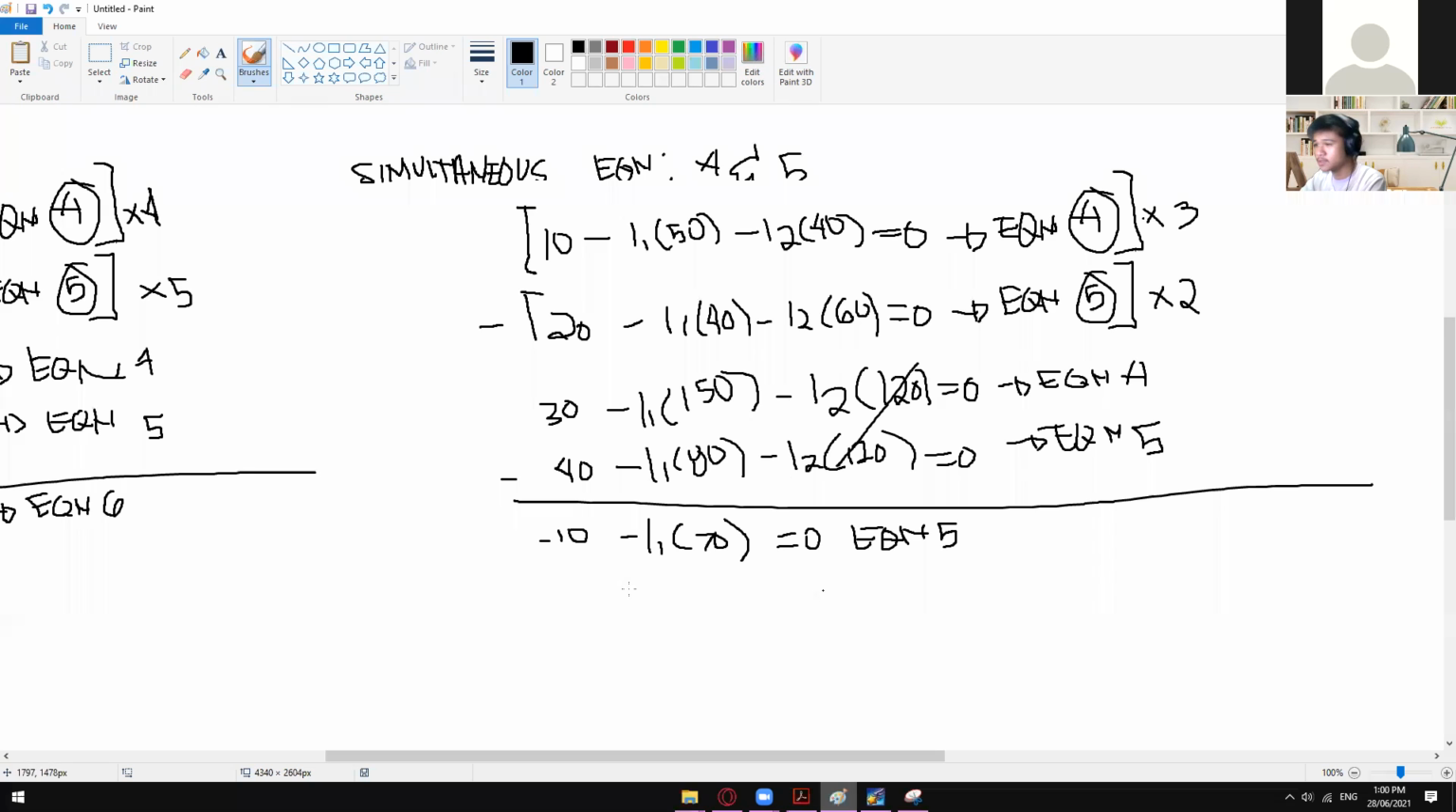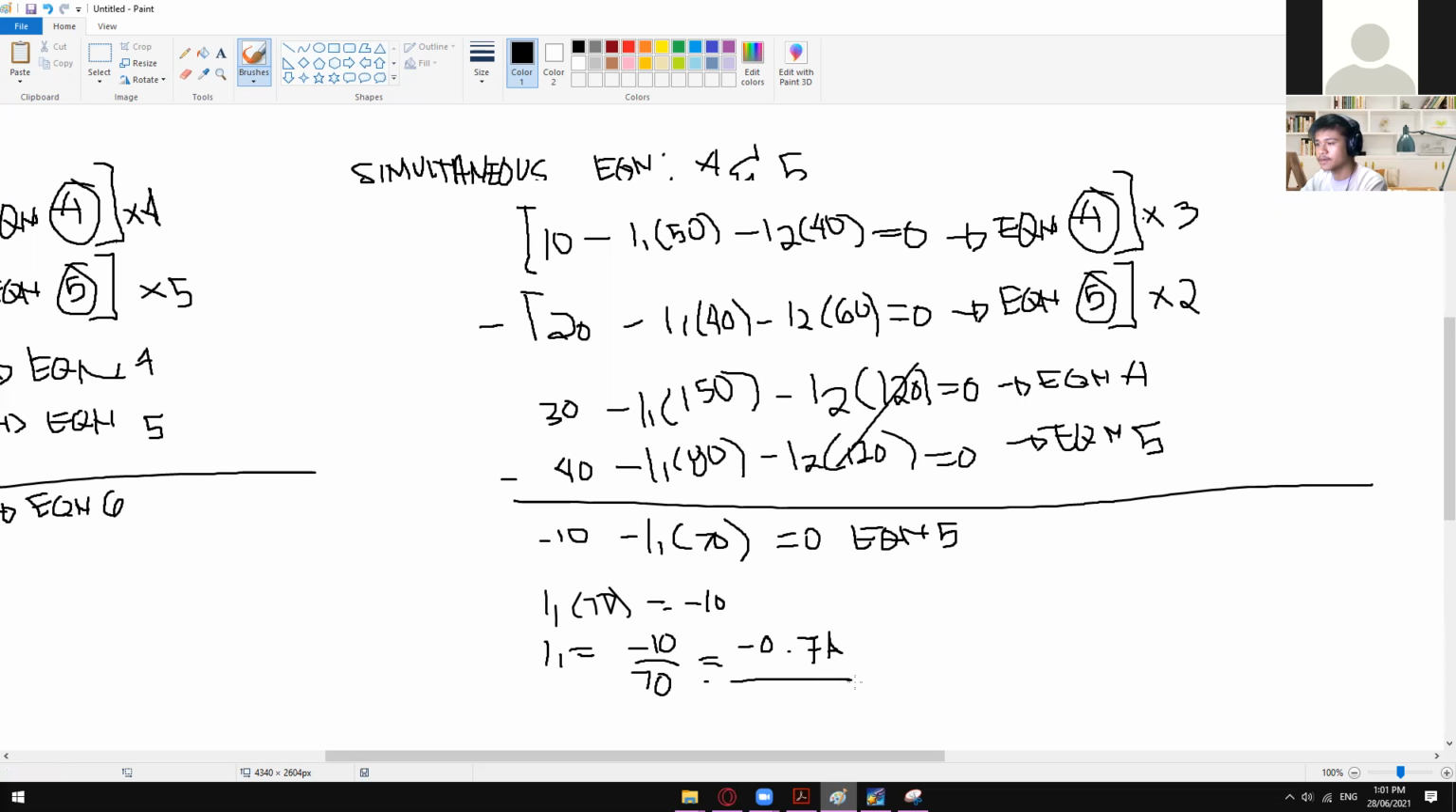So just transpose this one on the other side. So I1, see, so we can also do that one. Okay, let's just make this one positive I1. I1 times 70 is equal to negative 10, since the one that we transpose is this expression right here. And then from here, I1 will become negative 10 divided by 70. So I1 is negative 0.7